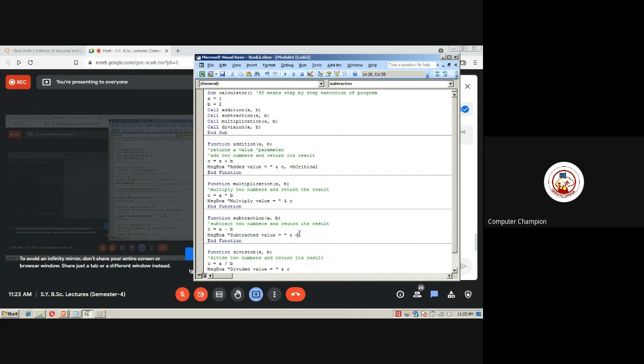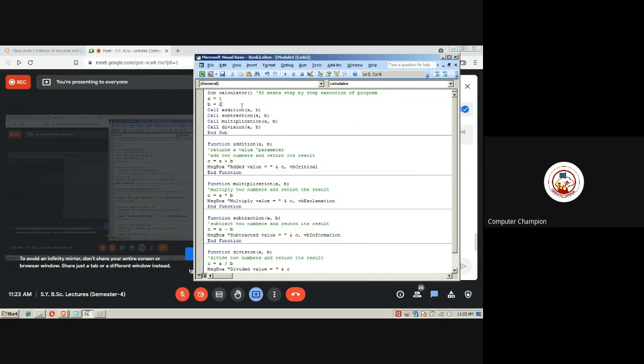If I say VBA information, here if I say VBA exclamation, these are different types of message boxes here.